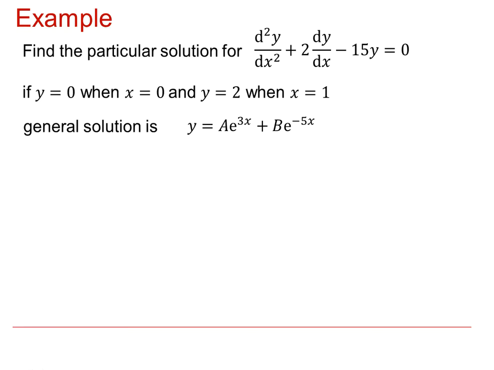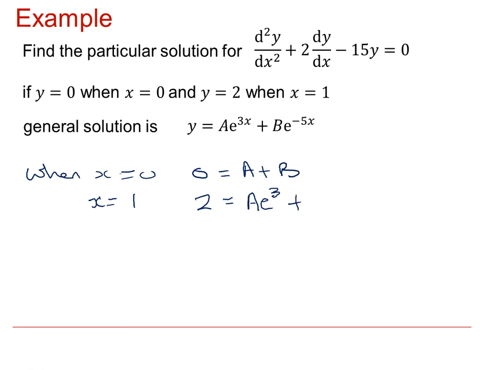So when x equals 0, we would have that 0 equals a plus b, and when x equals 1, we have that 2 equals a e to the 3 plus b e to the